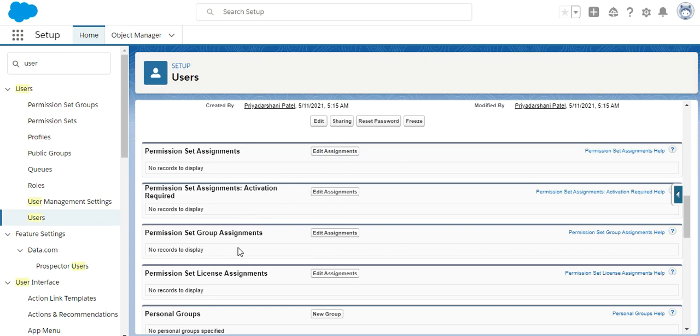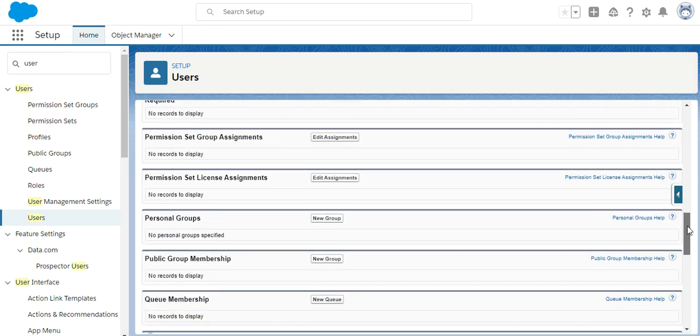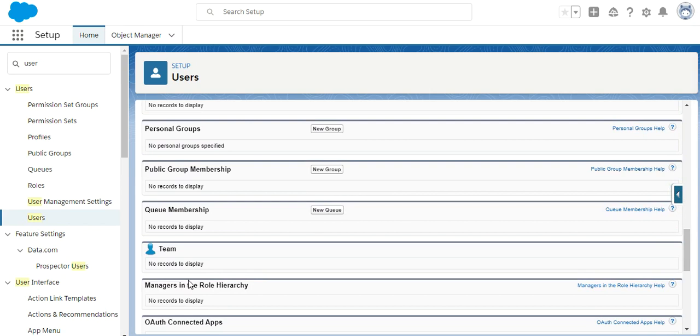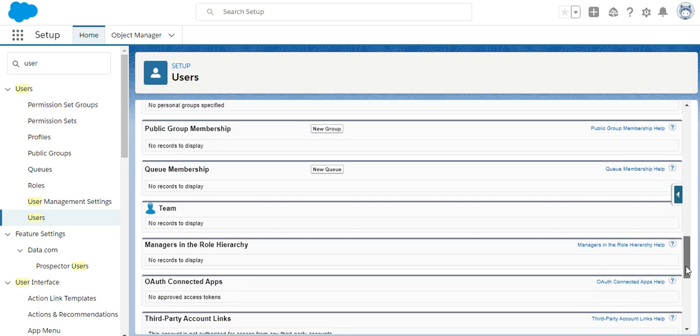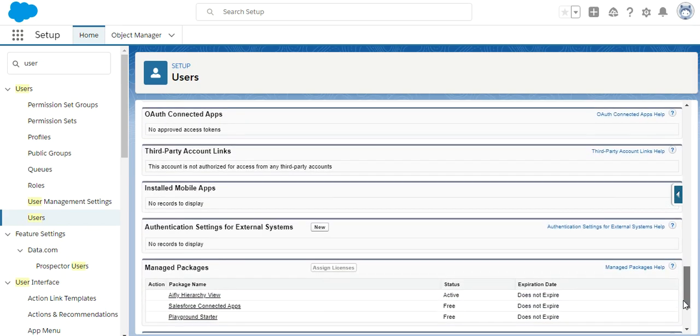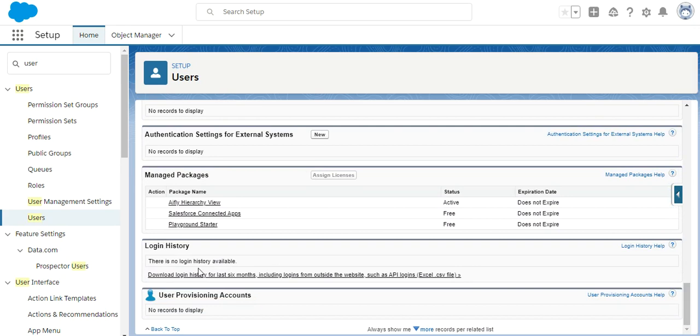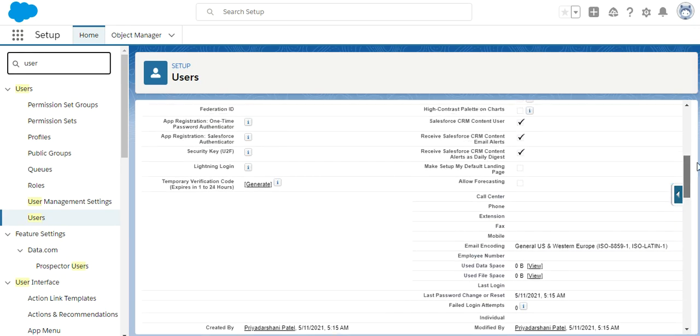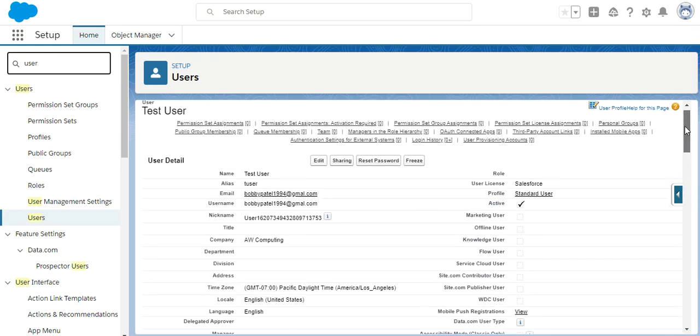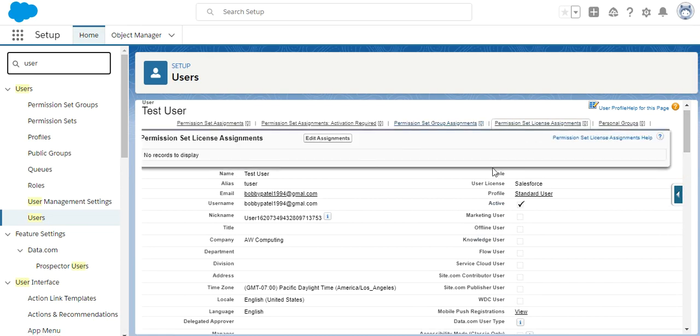We can also assign permission set group assignments, and we can manage our role hierarchy. We can create a queue from here, and we can see the login history here. For now we don't have any login history. So this is about how we can create the user.